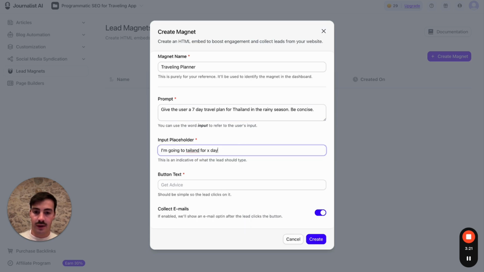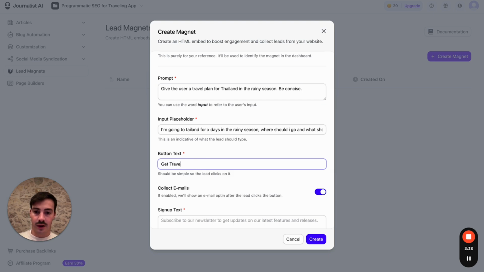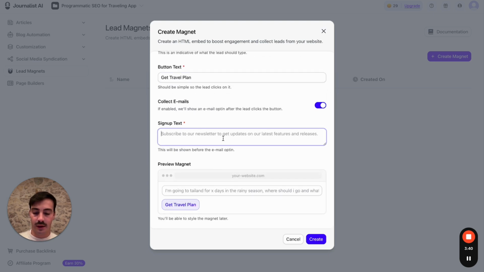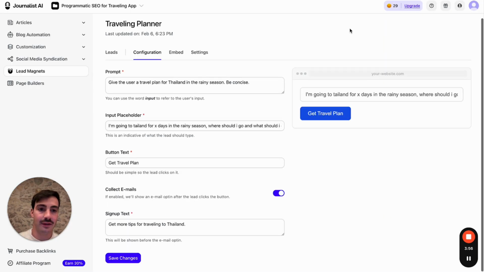Generate X days in the rainy season. Where should I travel plan? Okay, there you go. Get travel plan. Right, get more tips for traveling to Thailand. There you go. Okay, so now what this will do is if you hit create magnet, we can embed